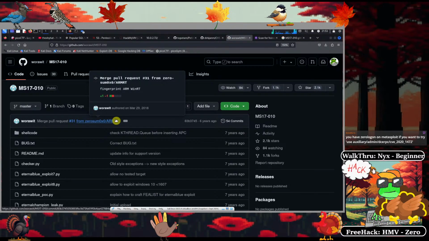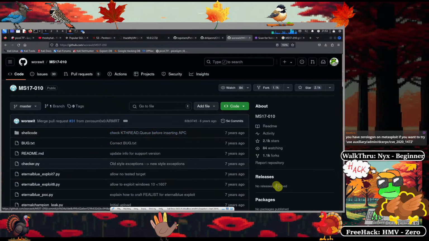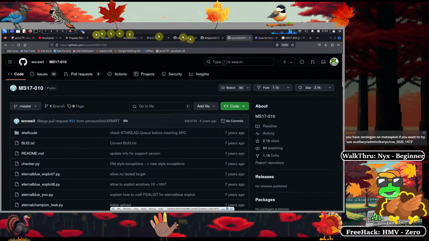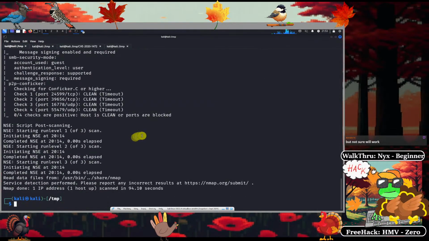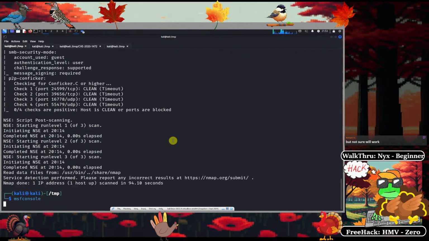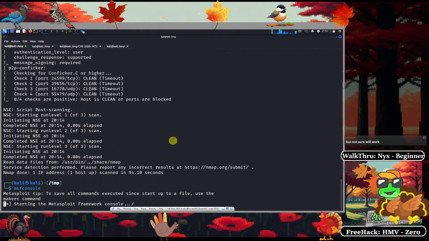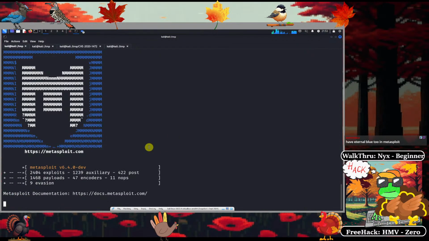You have zero logon on Metasploit if you want to try. You know what? We could try that. Too many things to try. Okay. There's also Eternal Blue in Metasploit. Yeah, that's correct. Okay, so let's try